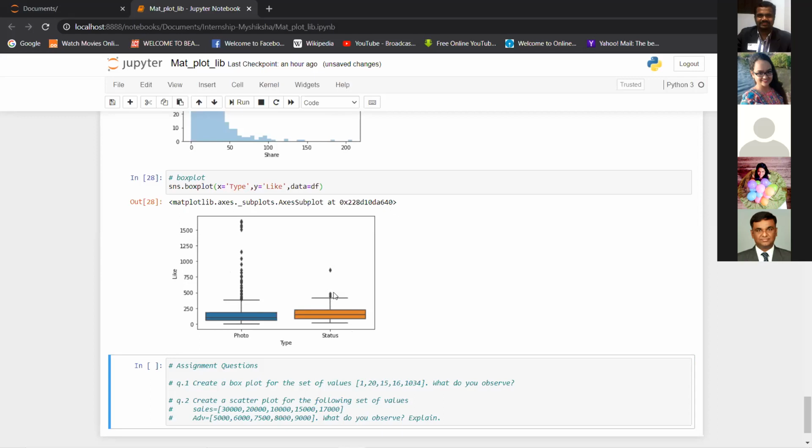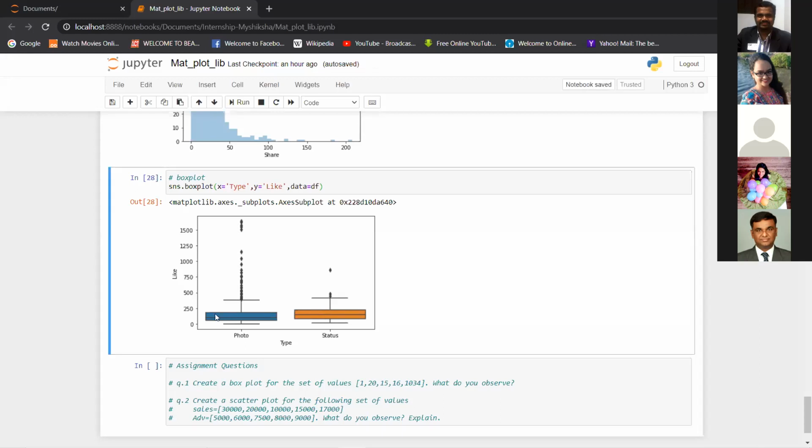For statuses, there are fewer outliers, but in the overall distribution, status apparently has an IQR range a little higher than photos, but the outliers in photos are huge. There are likes more than 500, and also more than 1500. Statuses don't get that many likes. This is information you get from this box plot.